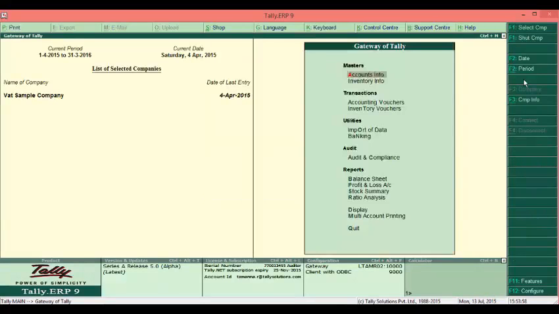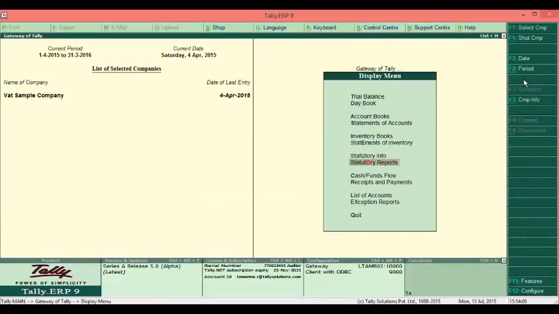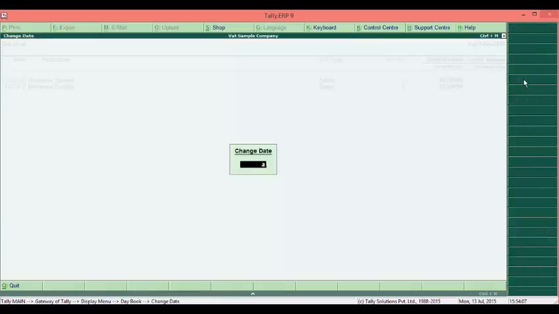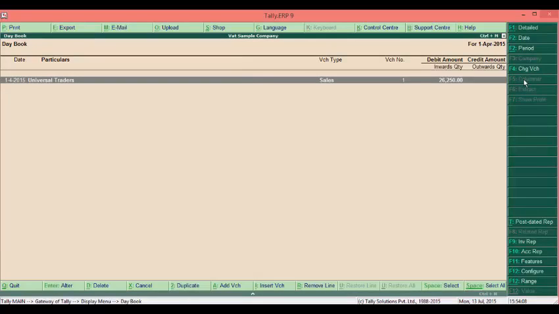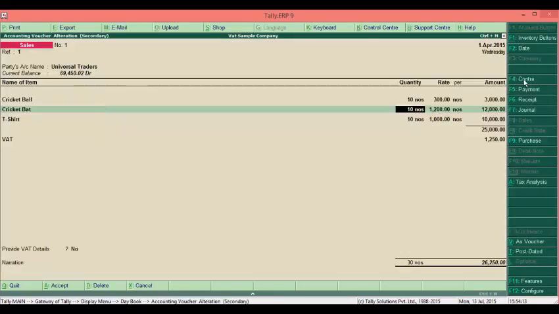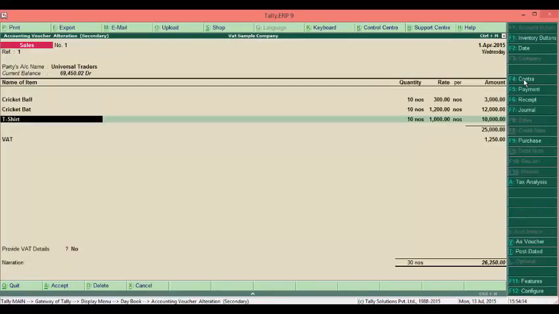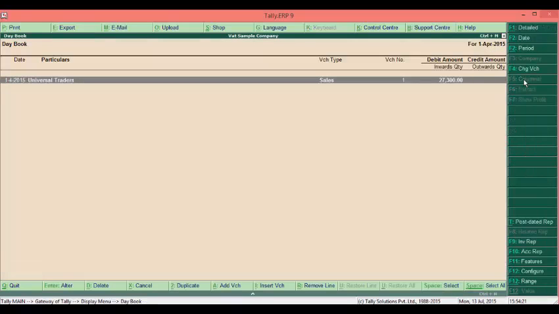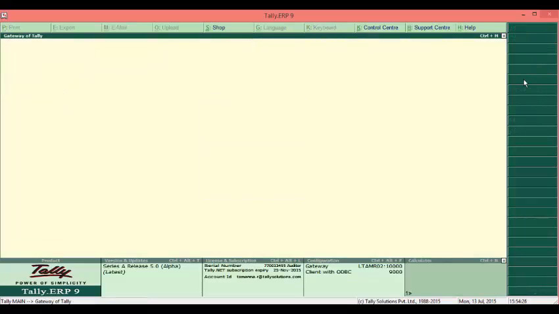I'll alter the transaction. Now let us come back to the triangulation report and select the saved report.